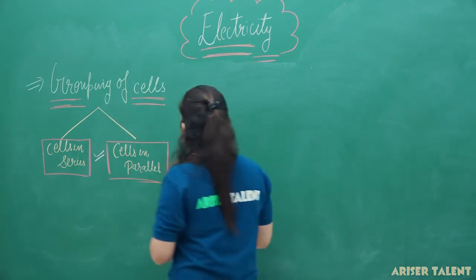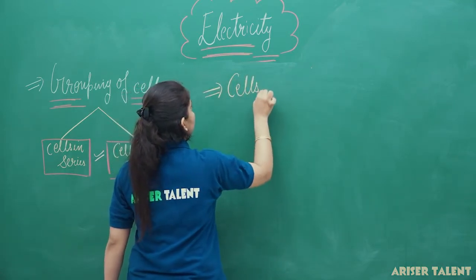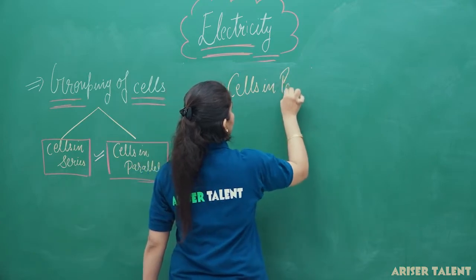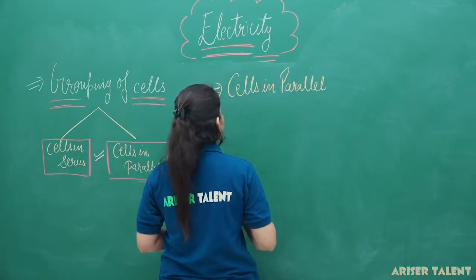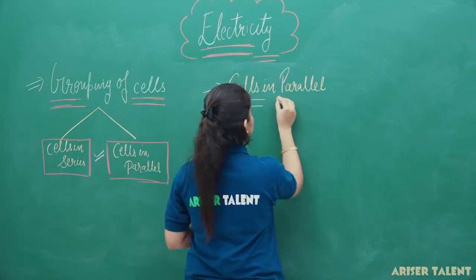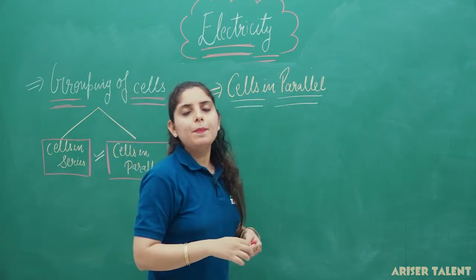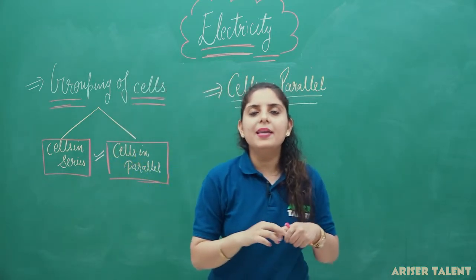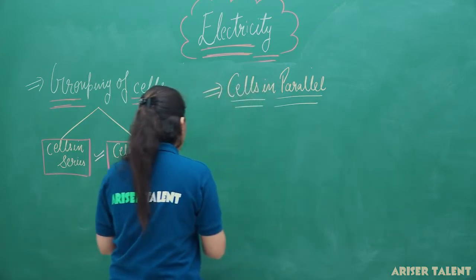Second derivation is about cells in parallel. When cells are connected in parallel, what will happen? If I am connecting m number of cells in parallel, it means if I redraw the circuit of